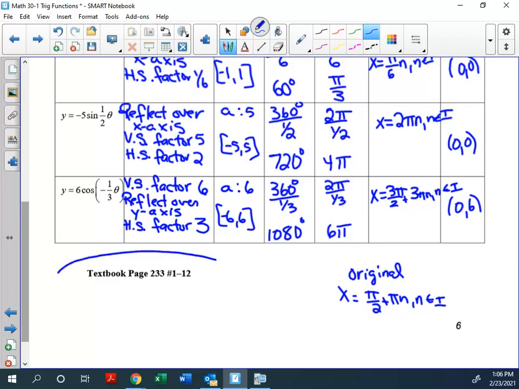Start playing with some of the new terminology, period, amplitude. We've got new base graphs that start at different places. We need to be aware of the effects of the stretch on that. So why don't you guys work on that until about